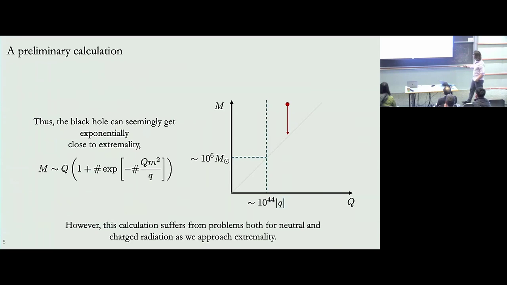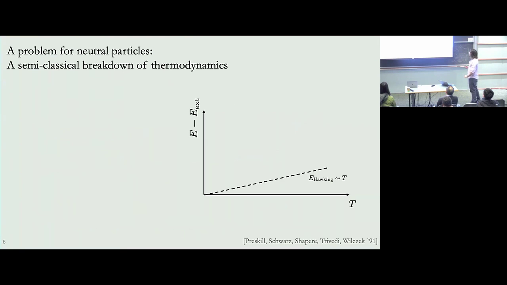However, this calculation suffers from problems both for neutral and charged radiation as we approach extremality, and that's because in recent years we've discovered that quantum effects are important in that regime. And the purpose of the talk today will be to understand that better. So let me just review what are the signatures of the fact that quantum corrections become important. So for a neutral particle,